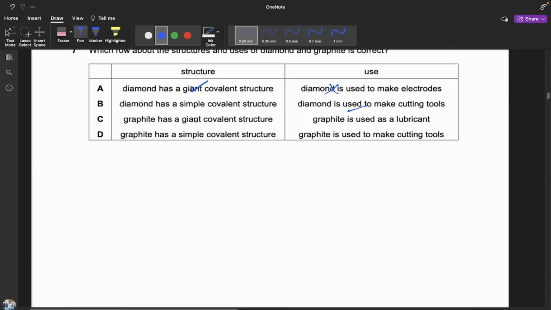Graphite has a giant covalent structure. This is acceptable. And graphite is used as a lubricant. This is much more acceptable than the other one, because diamond is not considered a simple structure. We call it a giant structure. Let's recall how diamonds are arranged. One carbon atom is bonded to 4